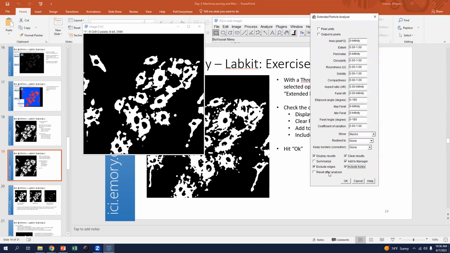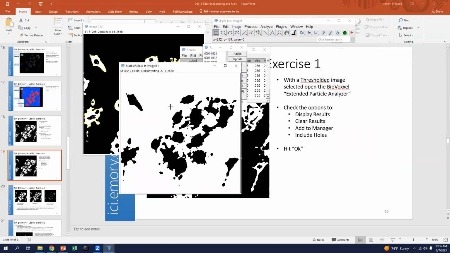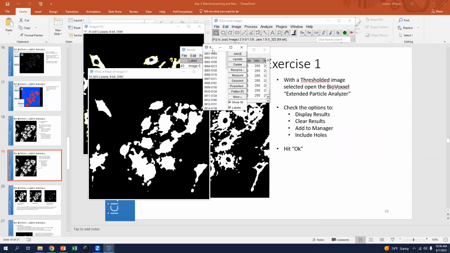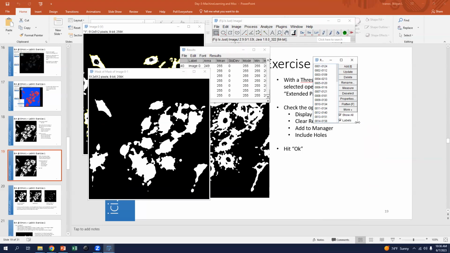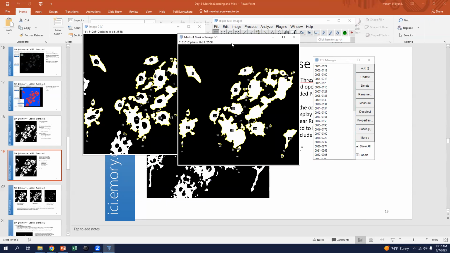So at this point, we can click OK. We see our structures here, but something's wrong. That's because our LUT is inverted. It doesn't always happen to me when I use the particle analyzer, but sometimes it happens unaccountably. We see it's picked up all these things,